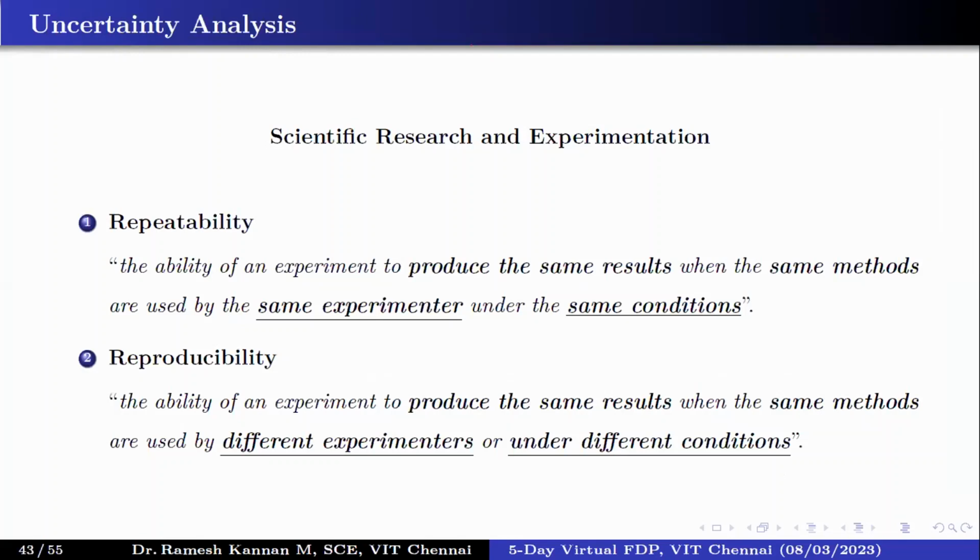And reproducibility is this: if you present a research article, and I am able to get the same materials and similar equipment, but not certainly your laboratory conditions, in my laboratory condition, will I be able to get approximately the same result, with some losses due to the change in factors, not necessarily factors, but environment? Will that be an effective strategy? That is what we call reproducibility. So for any experimentation or research, experts generally look into repeatability and reproducibility. This is an important terminology that everybody should understand.